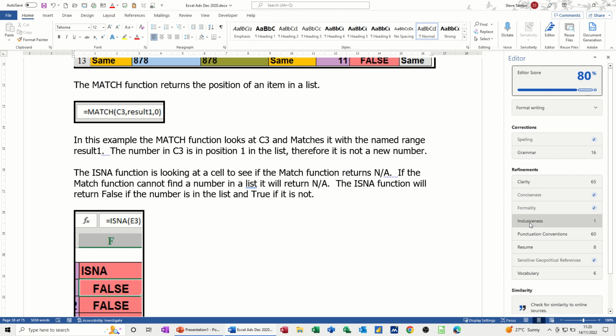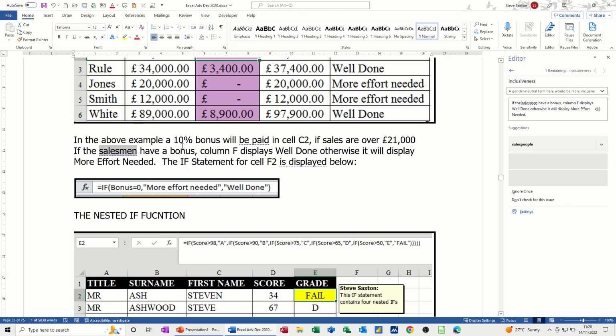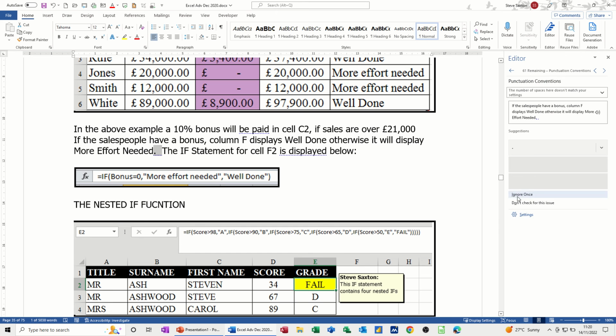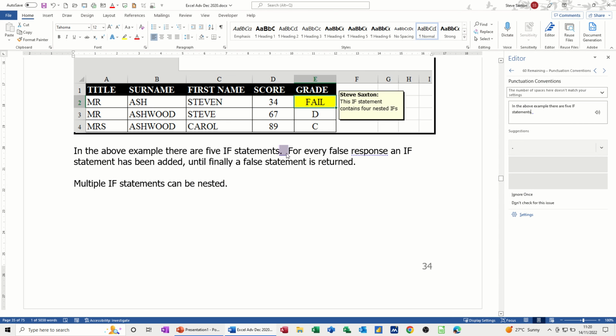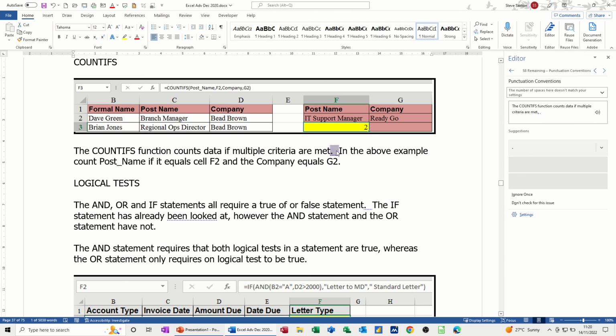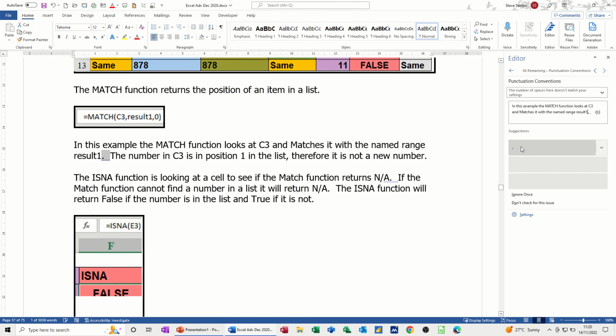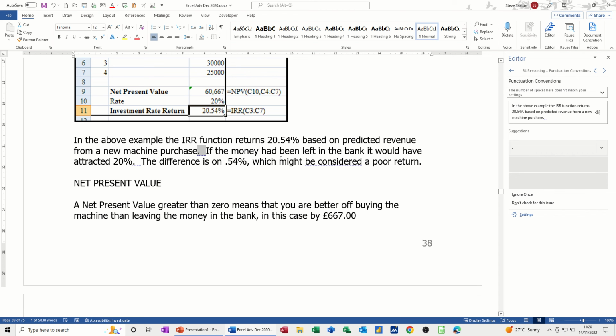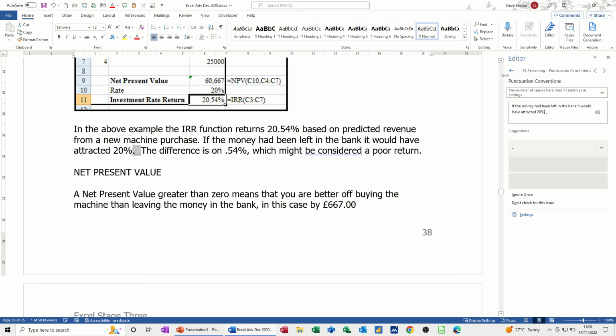Now this inclusiveness, what's that one saying? Salesmen, so salespeople. I can live with that. Salespeople, and then you've got this. This will be spaces because I always do 2 spaces after a full stop, and this won't like that at all. So if I just go on to that one, if I click that, it'll just get rid of these spaces here, and response wants a comma, spaces. So you just go through the document like this, and you get rid of all the spaces that, in this case, it doesn't like. Now I won't do it anymore. I'll just come back,